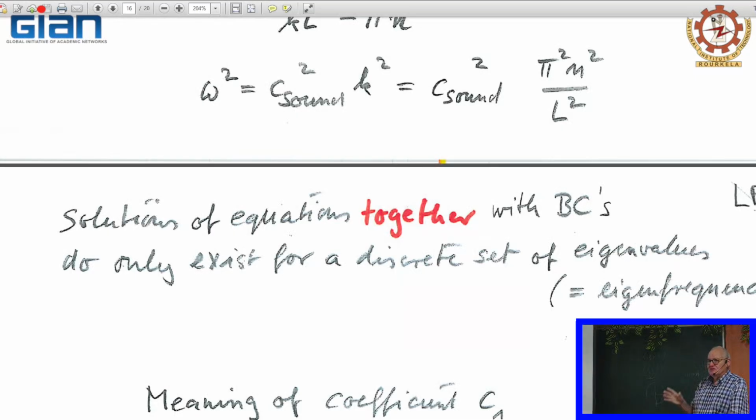Solutions of the equation together with the boundary conditions only exist for a discrete set of eigenvalues or eigenfrequencies. That's what we expect now also for our star. We expect a discrete spectrum of eigenfrequencies due to the solvability conditions, and we would like, of course, to know the eigenfrequencies of